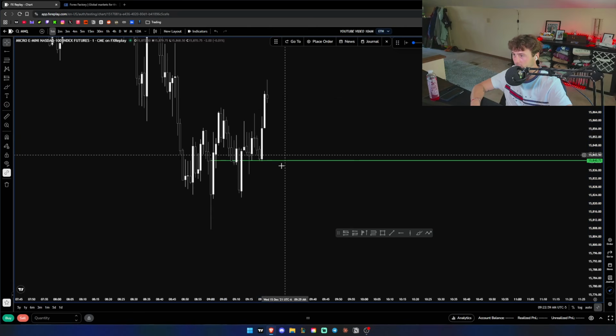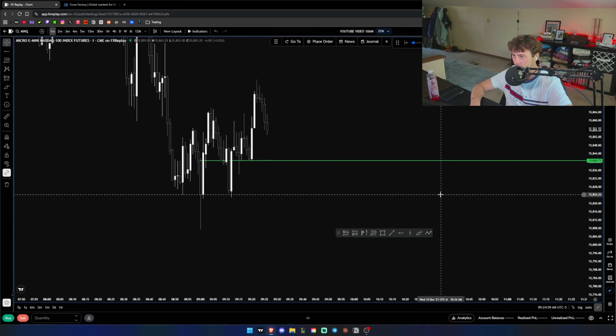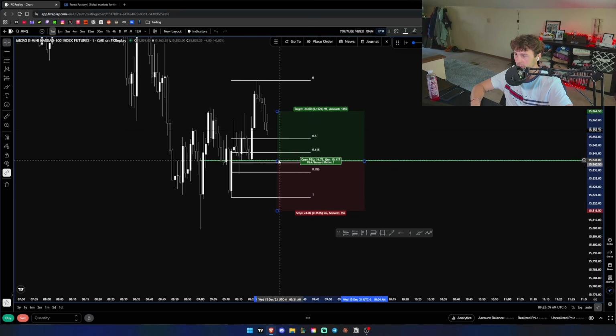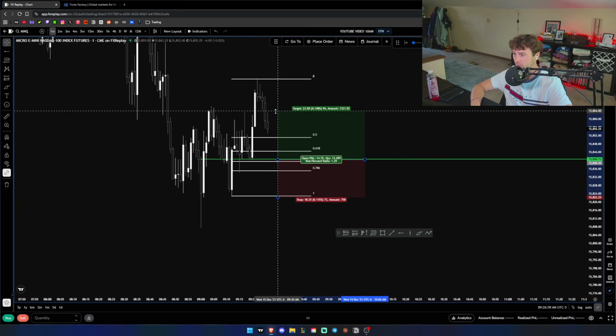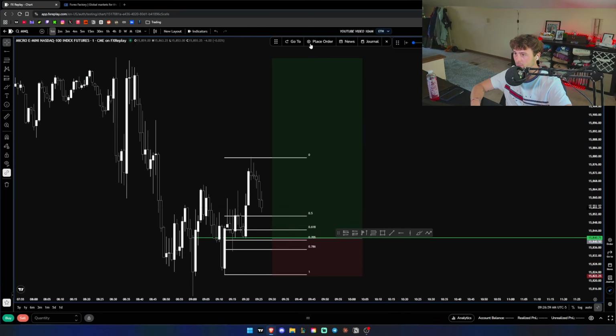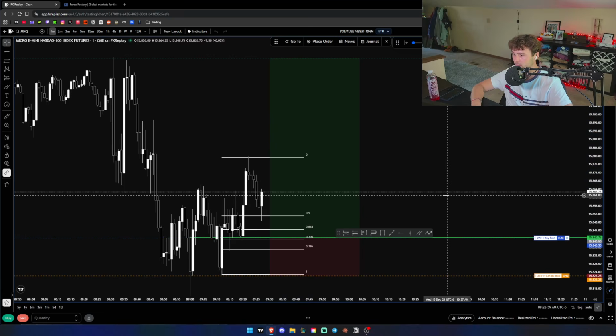Need to see at least down to there. Alright, longs could be good now. We've already reacted off of it once though. We'll go ahead and take it. Just gets to the 705. We have probably a 1-minute rejection block there or something. Stop here, 18 points. Target that high, place order, boom, save, go forward.